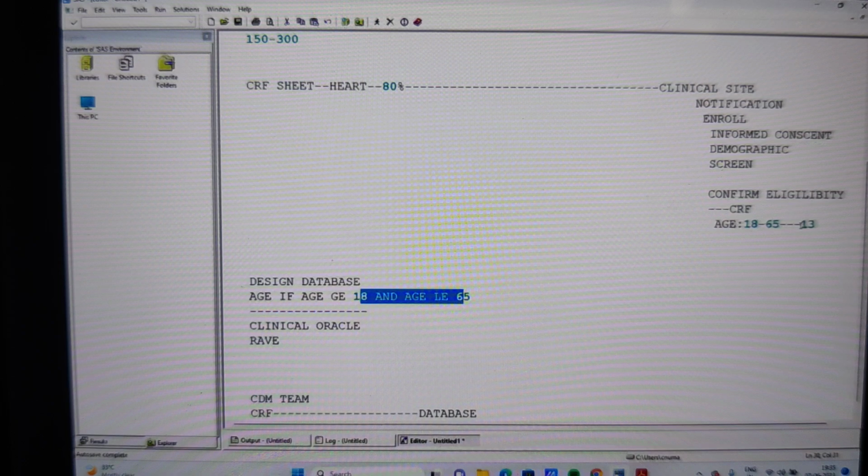If I try to enter 34 or 43 or 45 or 50, since the value is within the range, it should not show any error. So for that purpose, in the backend I'm going to embed the condition and start the process. Normally we call these range checks.